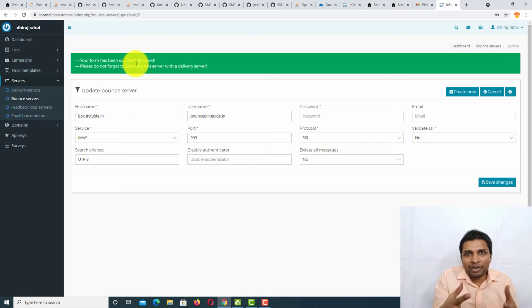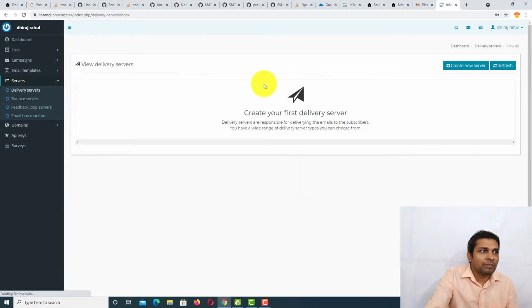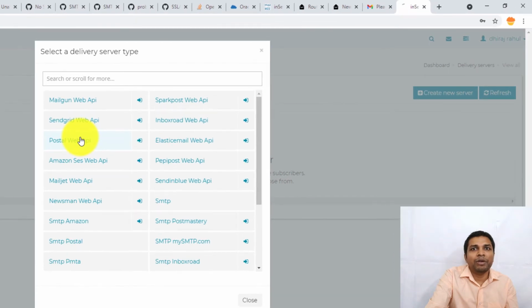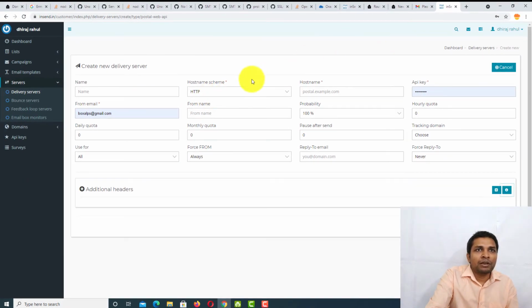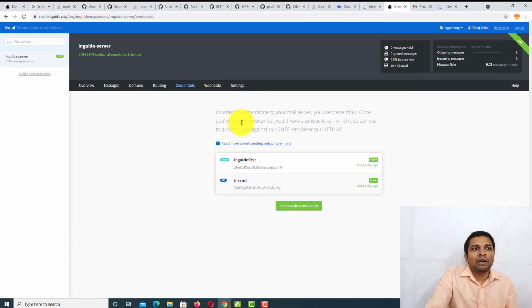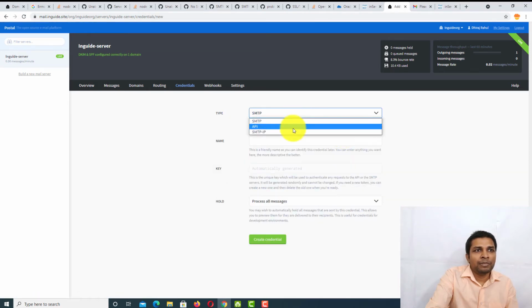After you have added bounce server successfully, it's time to add delivery servers. So go to delivery servers and create new server, and then here select Postal web API. Next select host scheme HTTPS, and then go to your Postal, and then go to credentials, and in the credentials you have to click on add another credential, and then select API.